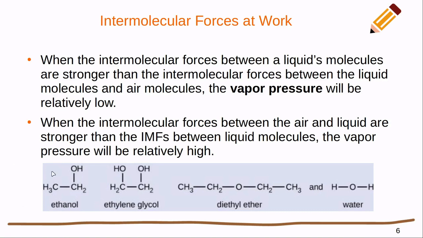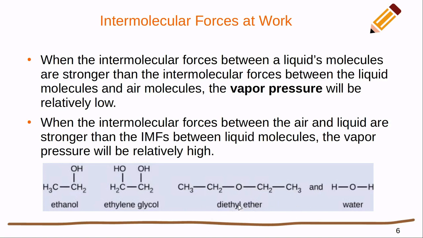Here we have an example of some various compounds. If we take a look at these and analyze them, we have water, which has the ability to form 2 hydrogen bonds and pretty much has no other interactions going on. We have ethylene glycol that can form 2 hydrogen bonds but has these other components and dipoles interacting. We have ethanol that forms 1 hydrogen bond, and then we have diethyl ether that's only capable of forming dipole-dipole